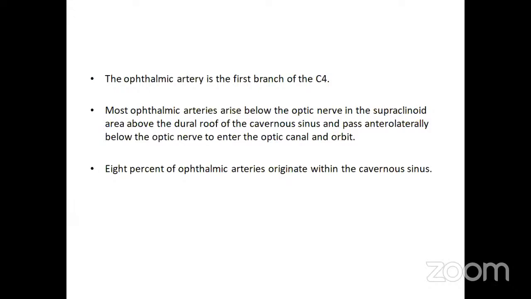The text about the ophthalmic artery. Now, as we know, the ophthalmic artery is the branch of the ophthalmic segment, that is the first segment of the supraclinoid portion. Mostly ophthalmic arteries arise below the optic nerve in the supraclinoid area above the dural roof of the cavernous sinus, and pass anterolaterally below the optic nerve to enter the optic canal and orbit. 8% of ophthalmic arteries originate within